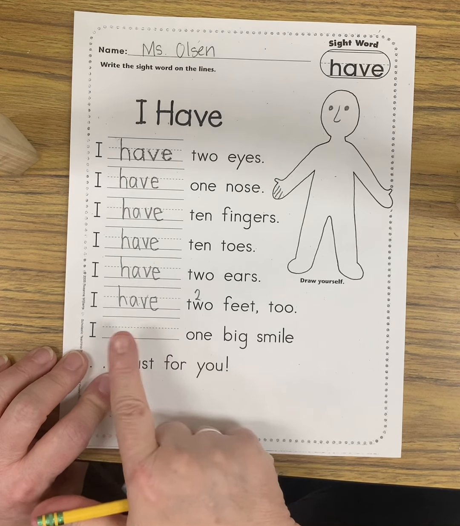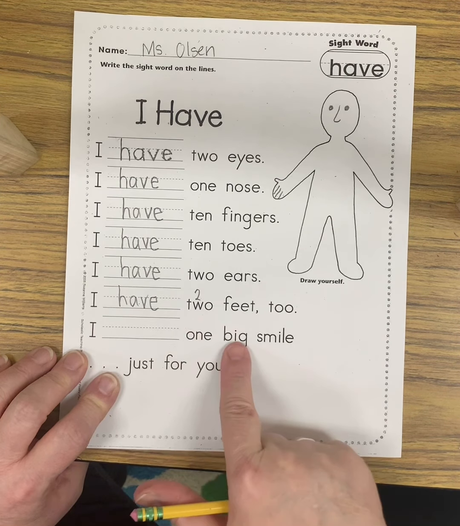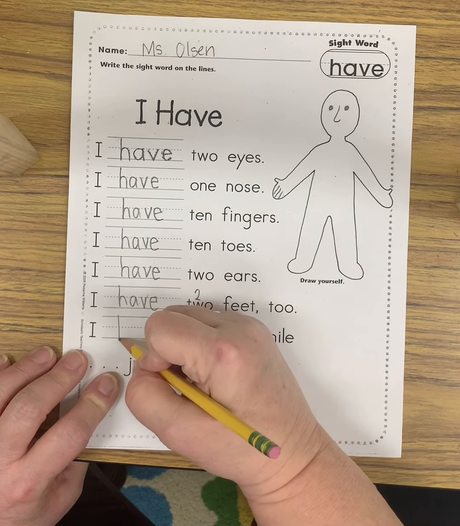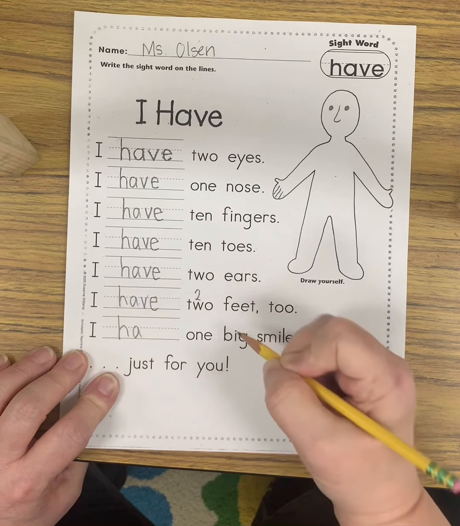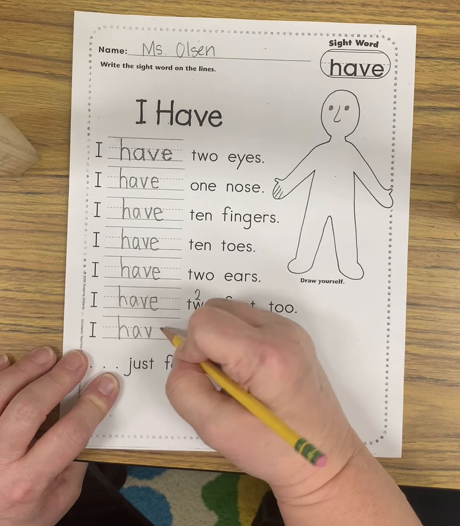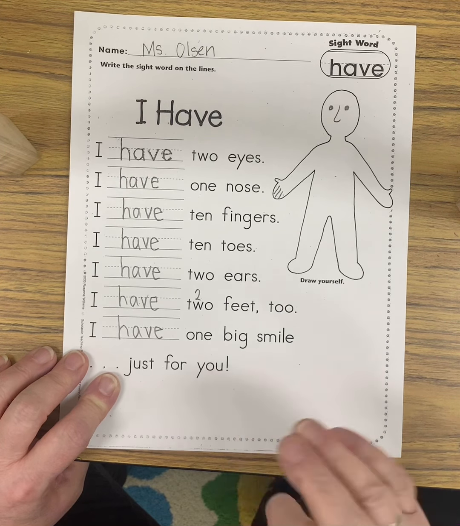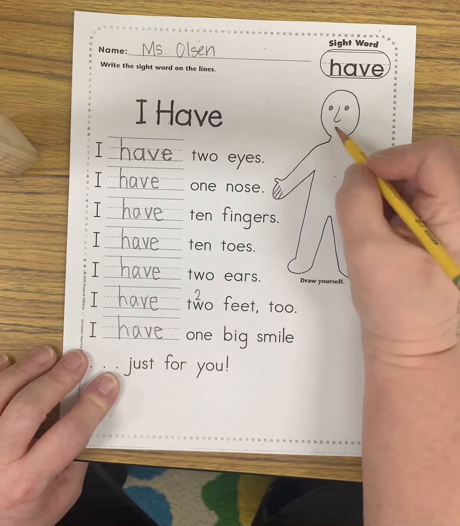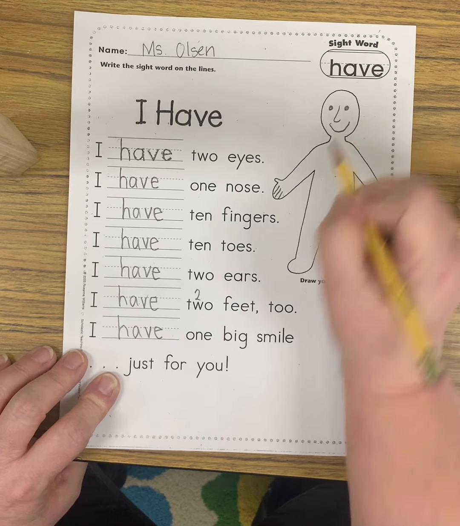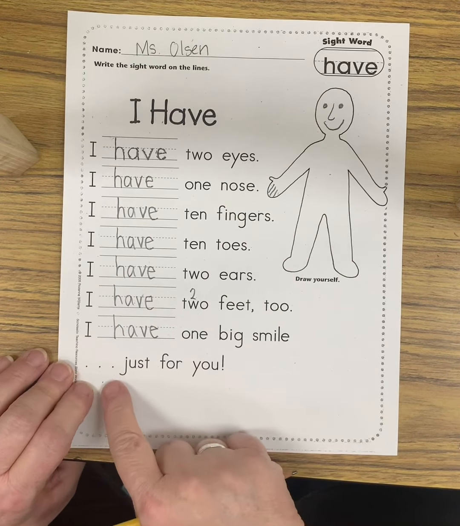And then I have 1 big smile. So he already has 2 feet. I don't think you'll have to draw anything for that. 1 big smile. That's not hard to draw, is it? Big smile. And then the last words,